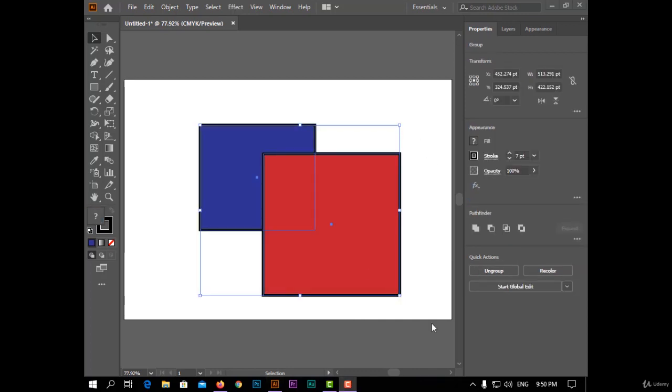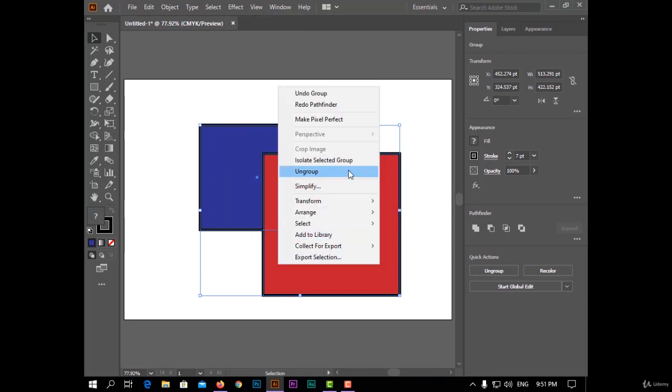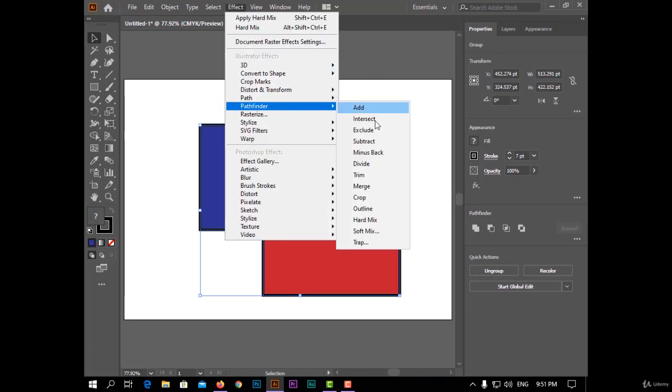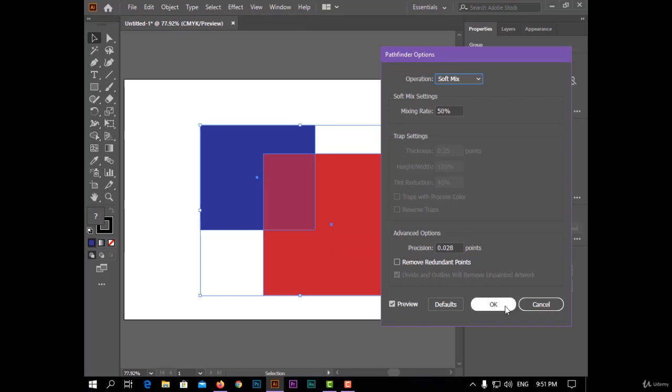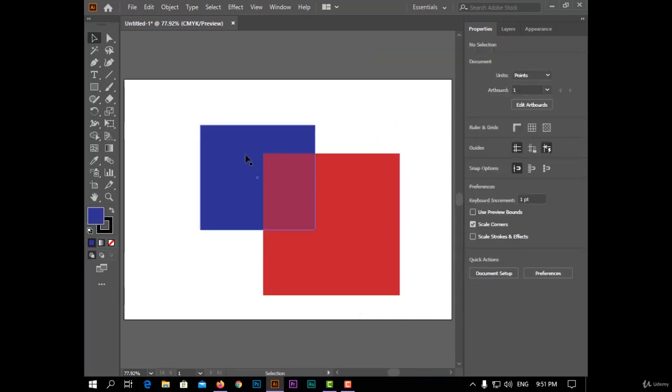The next one is soft mix. This effect is used for mixing the fill color of shapes but in a soft tone, like this. Make a group and now choose soft mix. You can choose the mixing rate here, like this, and you can see it.